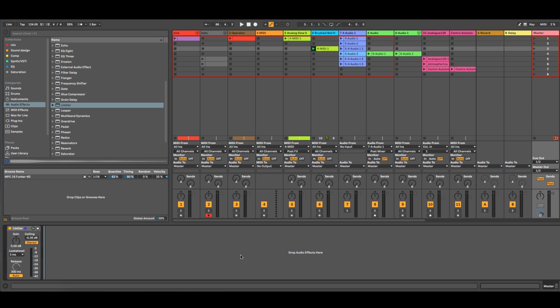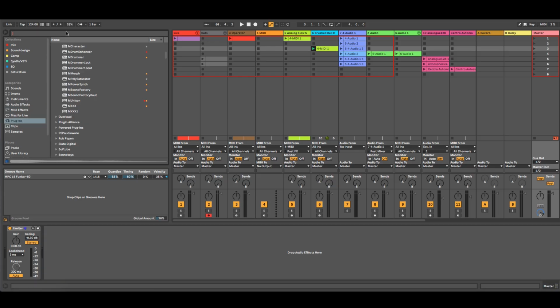I tend sometimes, and you will too, if you spend a lot of time working on your track, your ears get used to what's going on. You might crank the volume, you might do crazy things, and what will happen is you will get in the red. And when you get in the red, sound is distorted, not good. So with a limiter, you can remove it, and you should remove it before exporting your song for mixing or mastering or whatever. But when you produce, it's important to have a limiter.